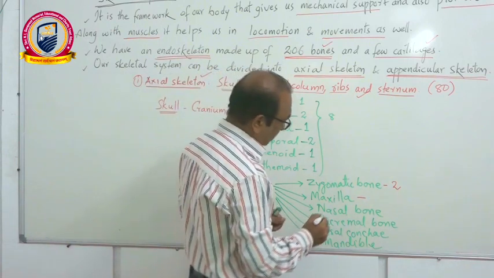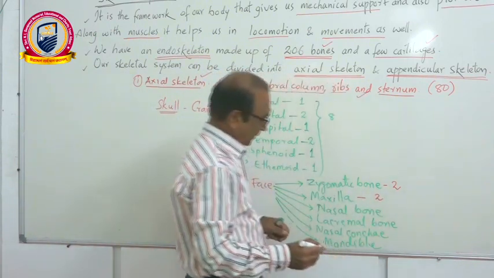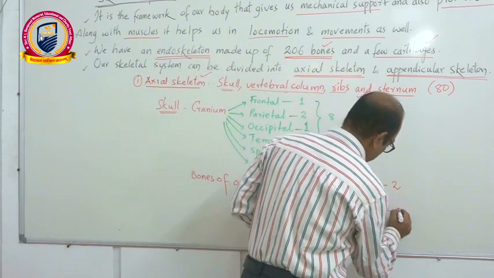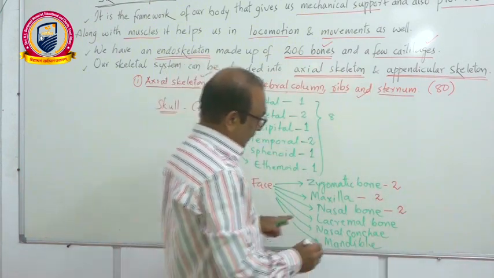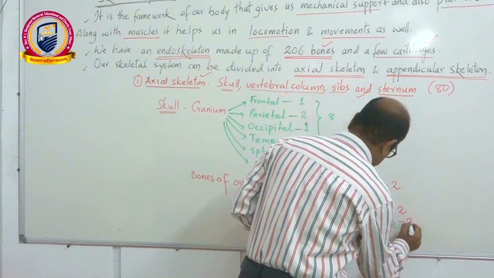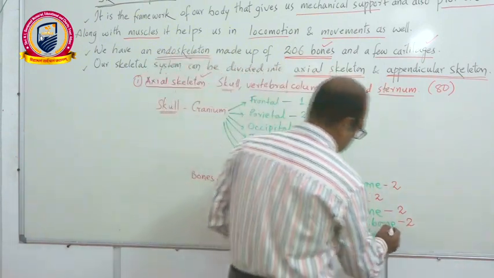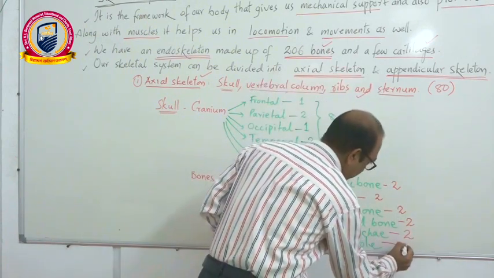Then we have the maxilla, made up of 2 bones, 2 nasal bones, then 2 lacrimal bones, 2 nasal concave, 1 mandible,